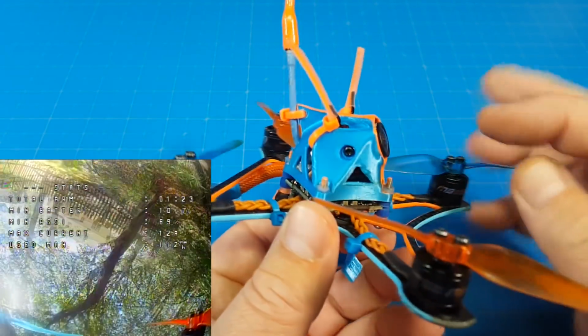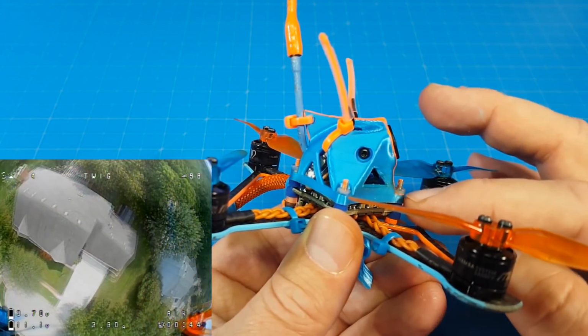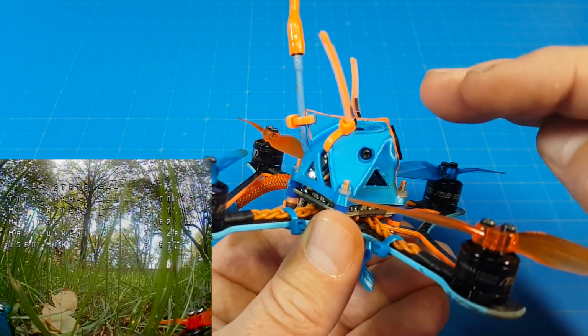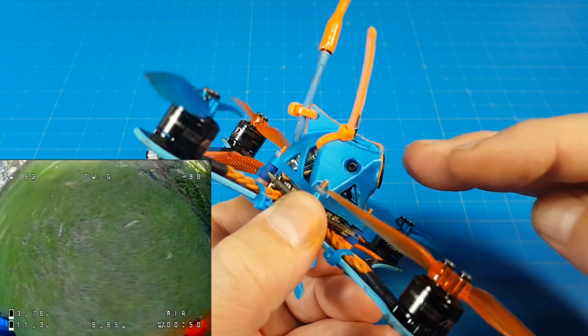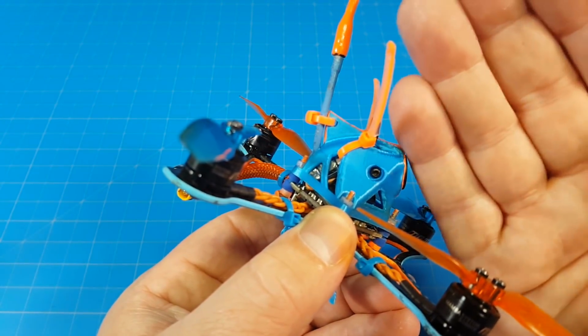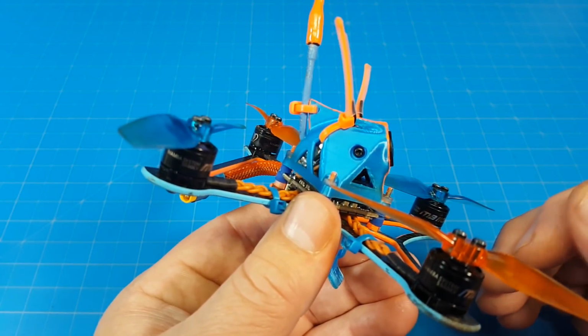Now, I'm a little bit of a fan of a somewhat elevated camera. I don't want it way up, because if I built with a stack, a vertical stack instead of a single board, I would be worried about the camera being too far up and then creating leverage when you make contact with something maybe directly here or here. I think the possibilities of that are relatively minimal, but that's always one of the things I'm looking out for